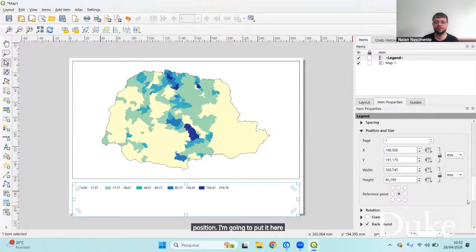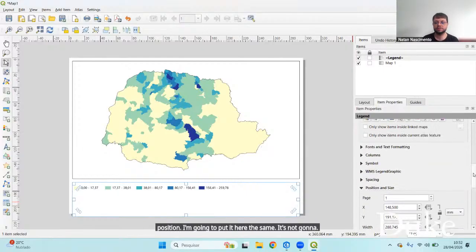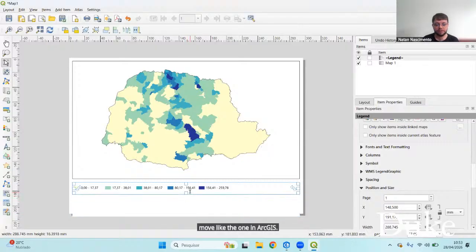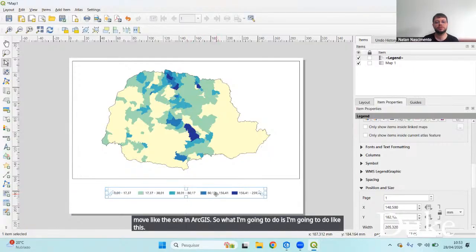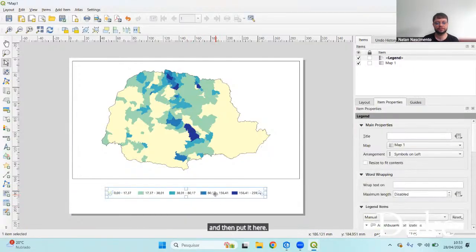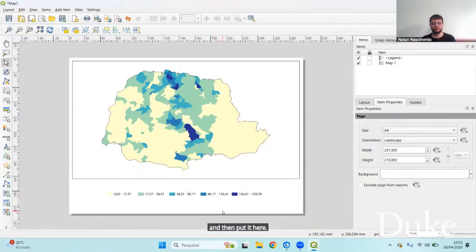The same, it's not gonna move like the one in ArcGIS. So what I'm gonna do is I'm gonna do like this and then put it here. So starting to look the same as the other one,